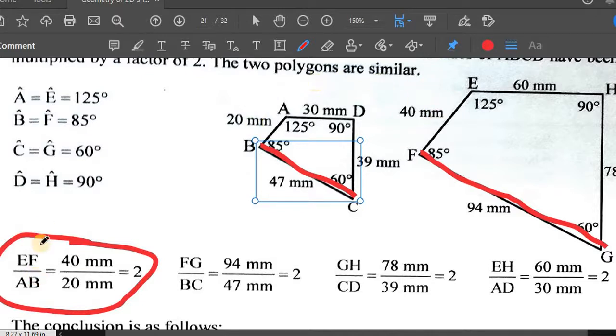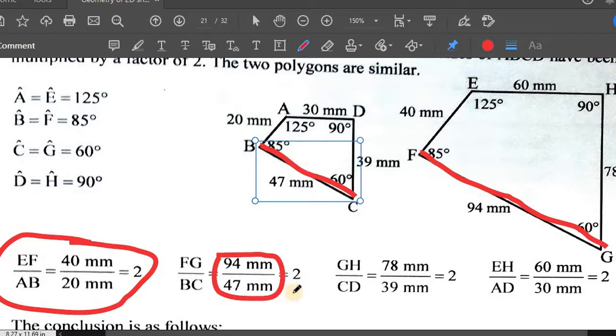See the 40 over 20? That's what we did there. Now, we must stay in that pattern. We must take the larger one over the smaller one. So the larger one here is FG and the smaller one is BC. FG over BC would give us